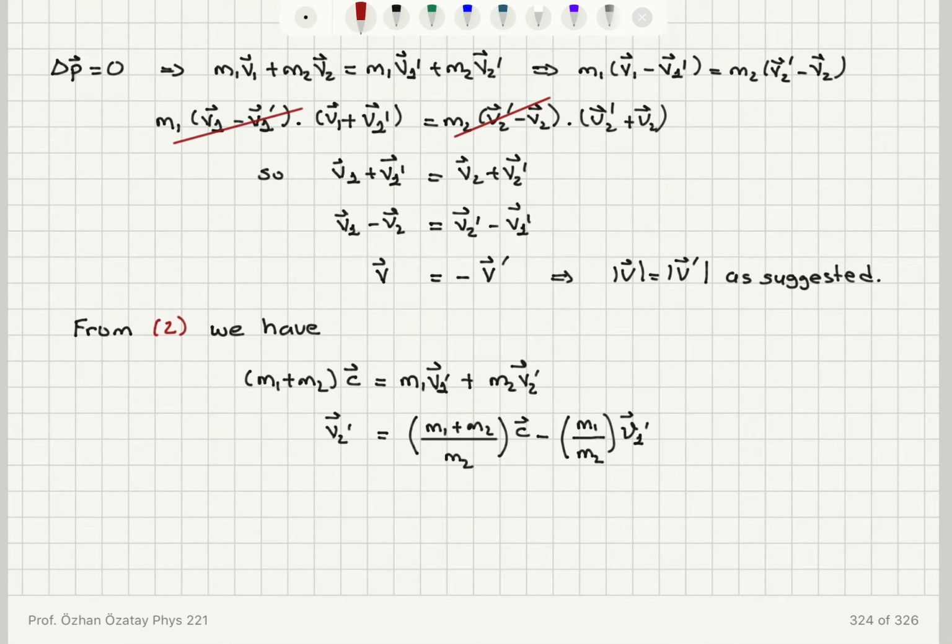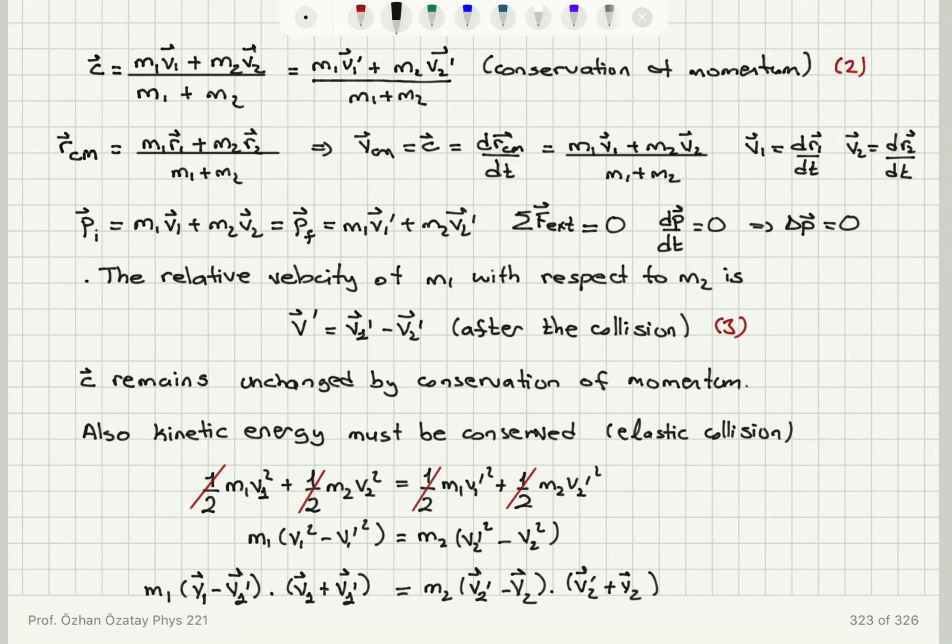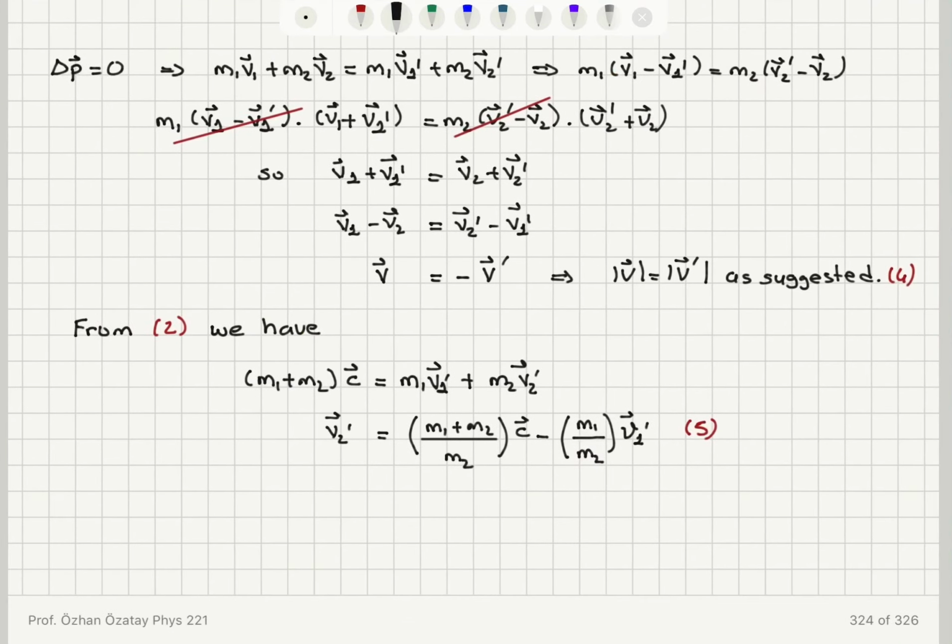So let's call this equation, so V equals V prime magnitudes, we call this 4, and let's call this equation number 5. Alright, so from this equation and going back to the definition of the relative velocity after the collision, equation number 3,